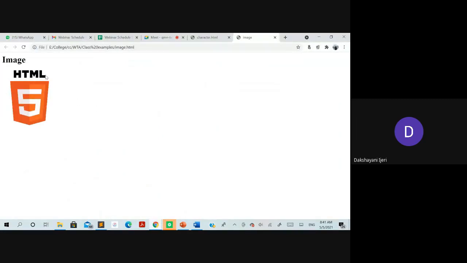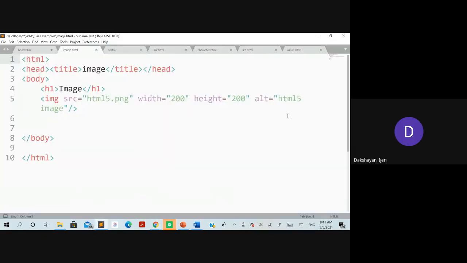If the browser is not able to display this image, or has any problem displaying it, or there's a network problem downloading it, in that case whatever information you have given in this alt is going to be displayed, just to tell the viewer that there is some image over here regarding the HTML15 image.